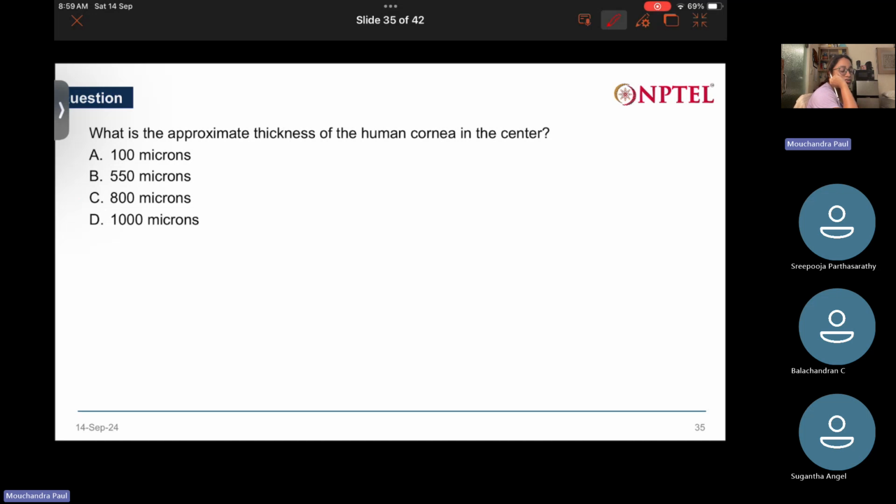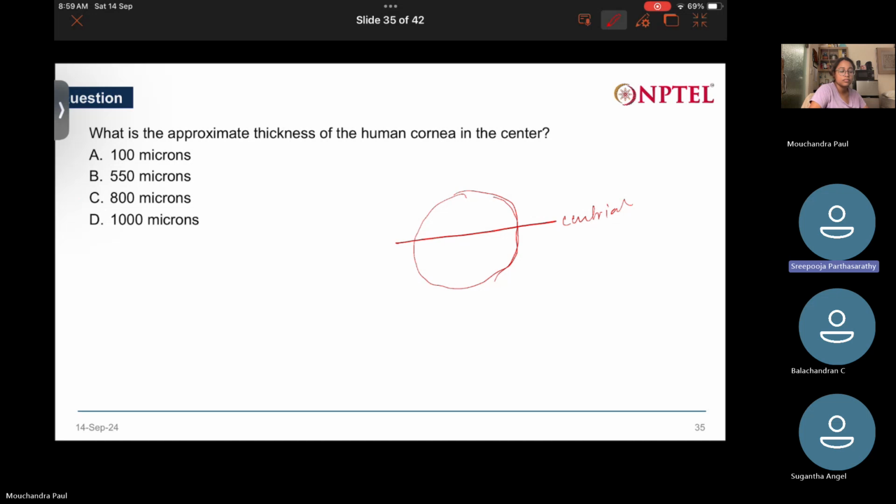What is the approximate thickness of the human cornea in the center? In the center, talking about, so if this is the eye, this is the central region. I didn't draw a very good sphere, but I guess you get the idea. So this is the central region I'm talking about. What's the approximate thickness of the cornea there? B, ma'am. Yes,